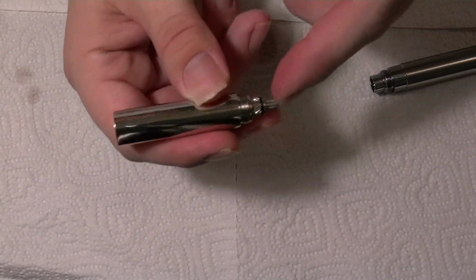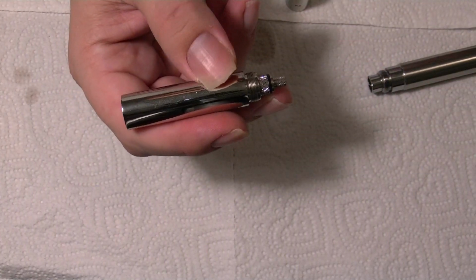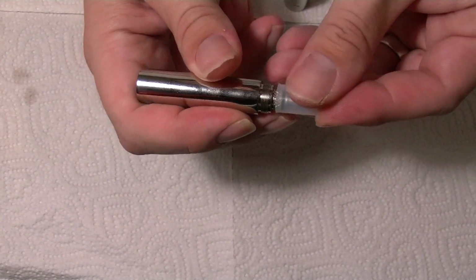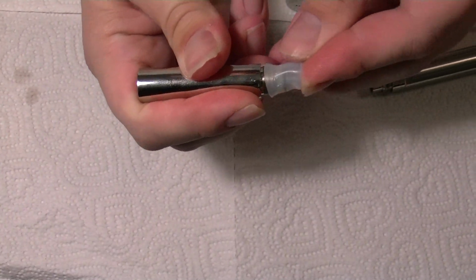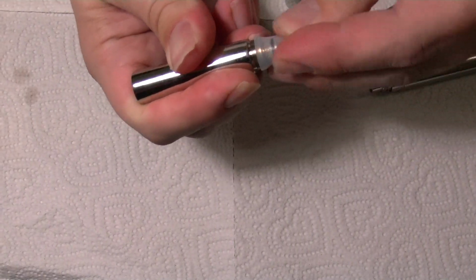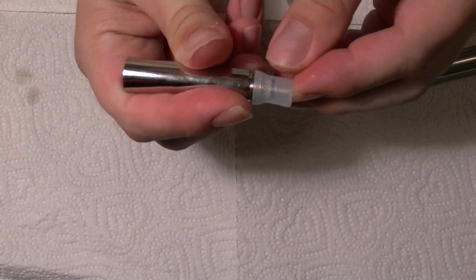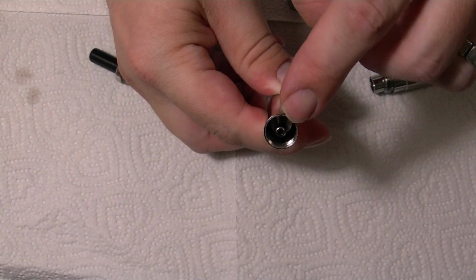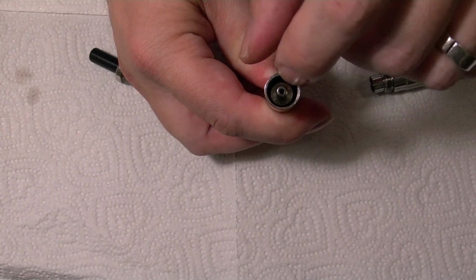Now normally it's supposed to come with a little end rubber cap to cap this, but I didn't have it for some reason. But anyway, I used a condom from a cartomizer and just pop that on there to block it up, and you start filling. And once you fill it up, you fill it up to the threading, but not past